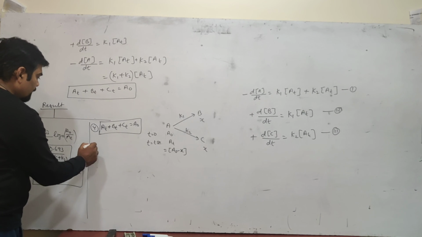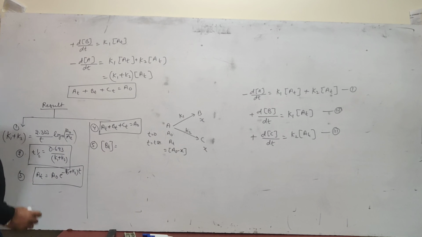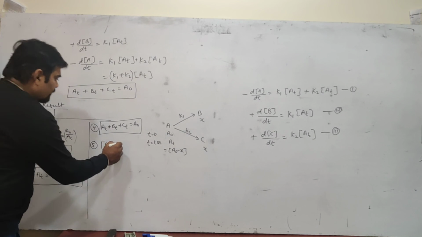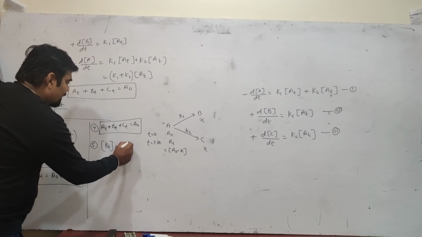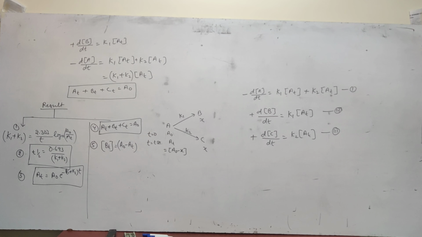Now the fifth result is, if you want to calculate the concentration of Bt, that is, the concentration of B after time t, it is A naught minus At. Concentration of Bt is equal to A naught minus At. Concentration of Ct